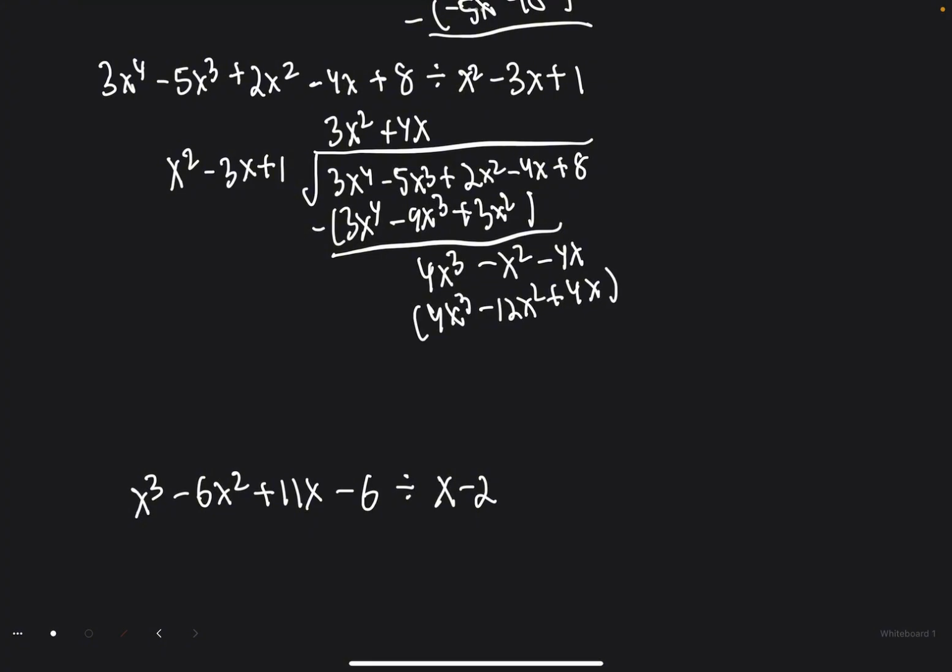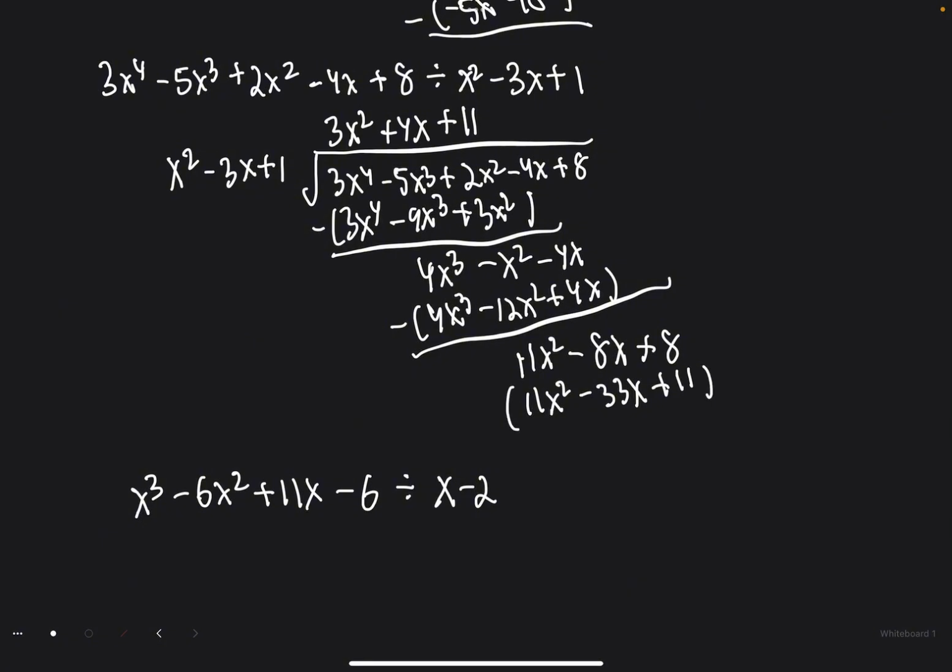You want to be able to match that first term. That's the most important one. So now that would be 0, and then that next one would be 11x squared. And then following that would be minus 8x plus 8. So we bring down that 8, and we have one last thing to do, plus 11. So in this case, it would be 11x squared minus 33x plus 11. And if we were to distribute that negative, we would get